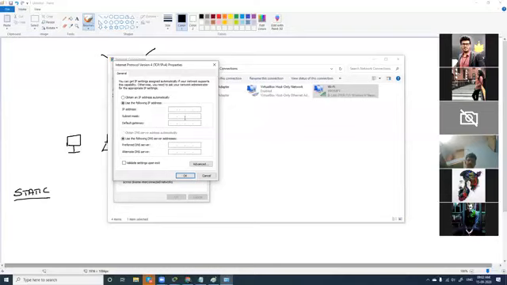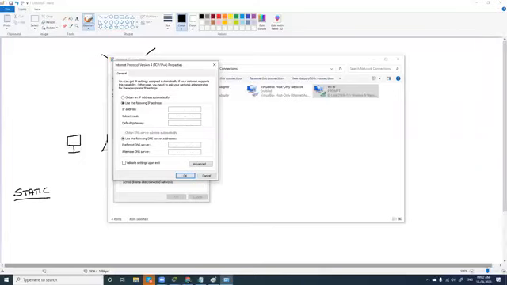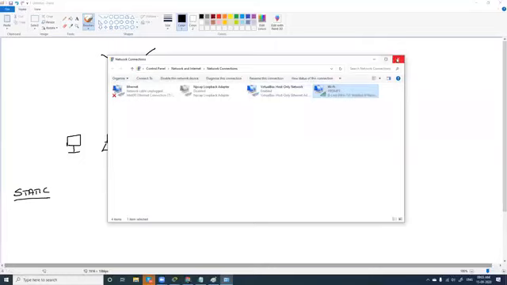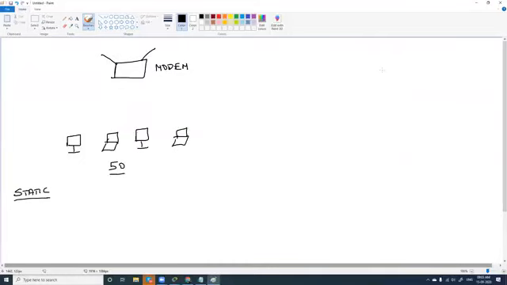This is okay if you have fewer computers, but if you have more computers, like the scenario you are seeing here, 50 computers, we can go for obtain IP address automatically. When you click this option and click OK, the IP address will automatically get assigned to your computer from your modem.